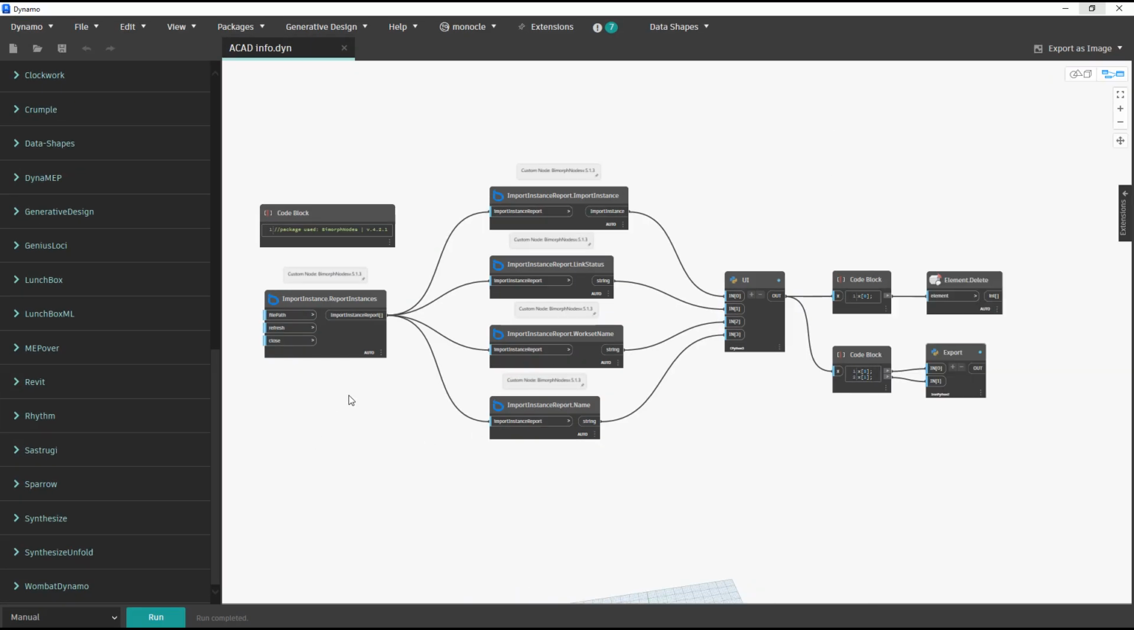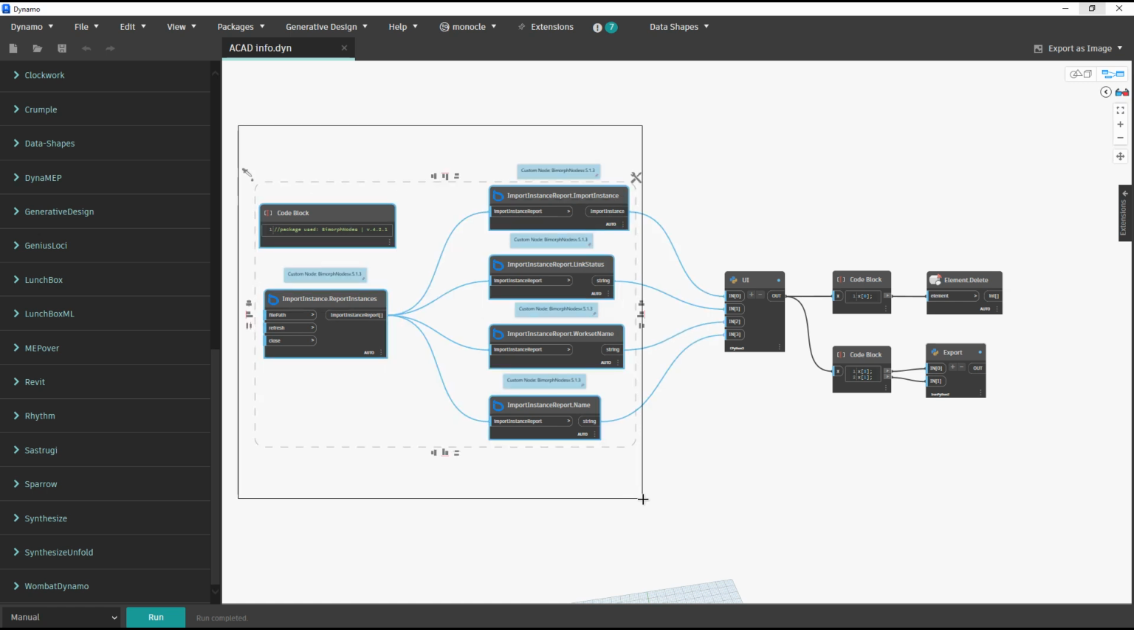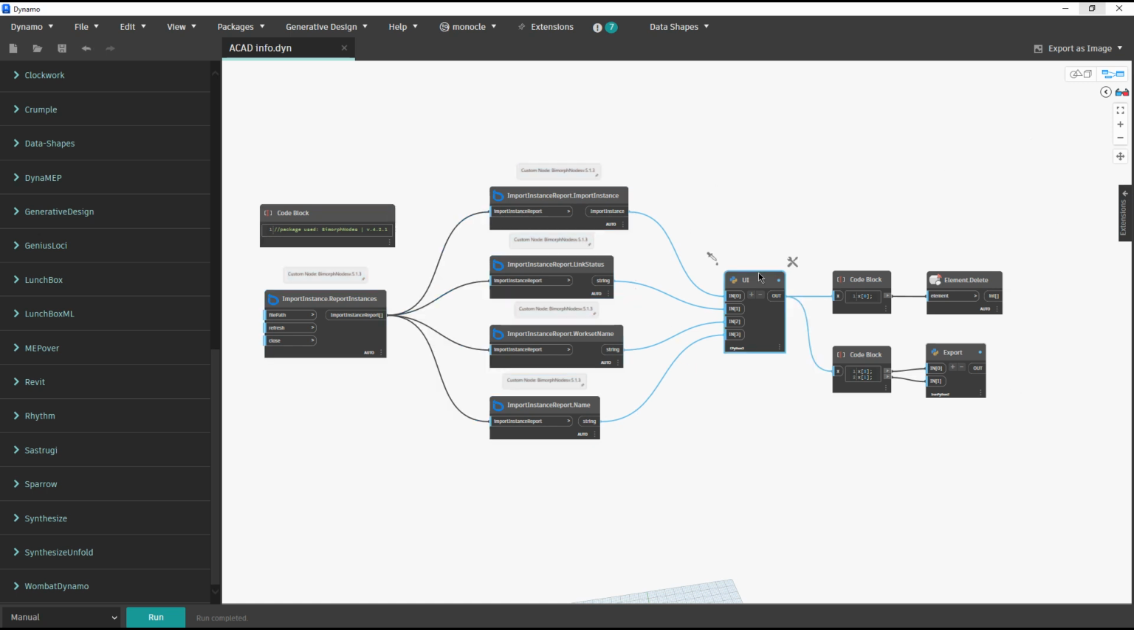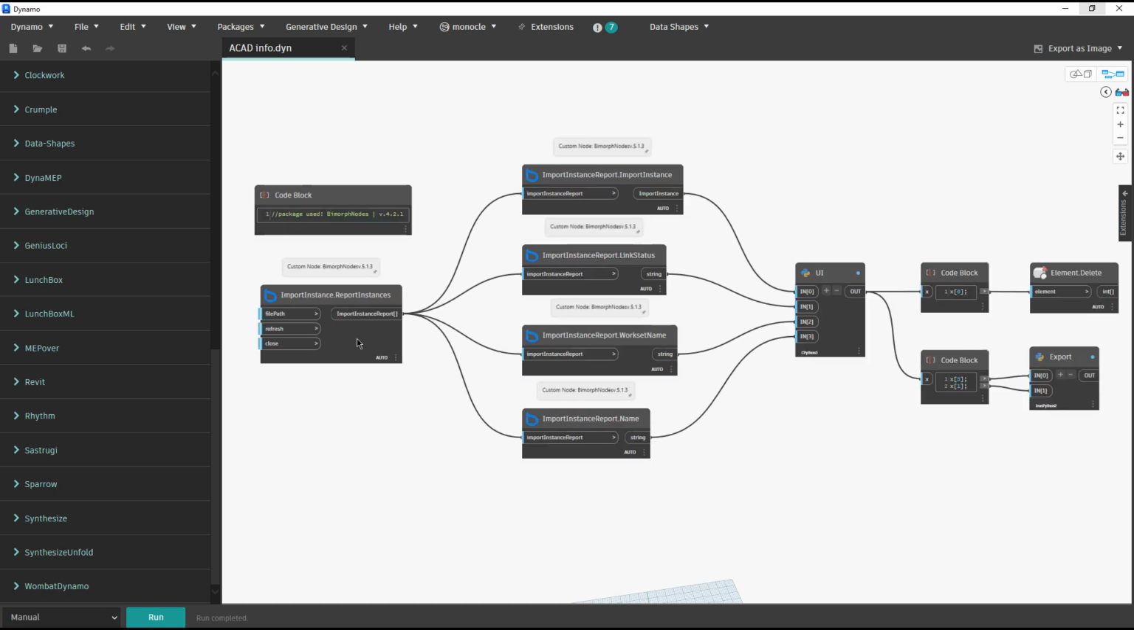And now to the script itself. So BIMorph Nodes have a lot of nodes that deal with AutoCAD. So I just used what is already available, and I created this right part, so the user interface and some logic regarding the export of the report. So over here,